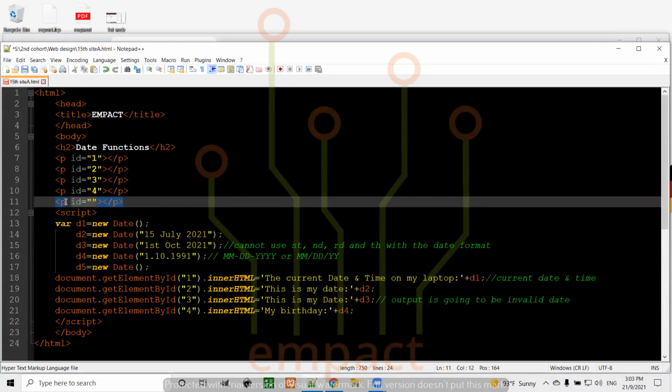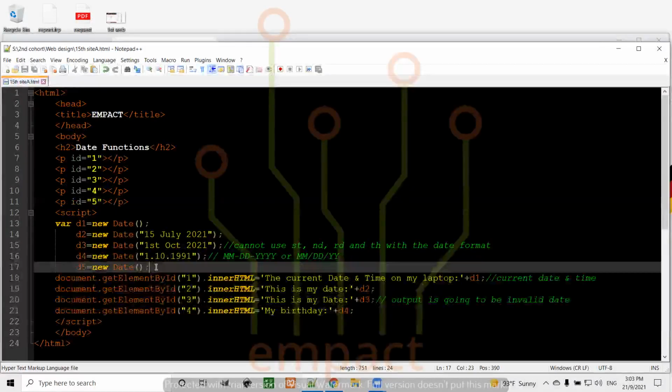It's going to be 5. Okay, Control S. So for this one, as I told you, I don't have any symbol or any text, so I'm just giving the whole information in detail. I will say, for example,